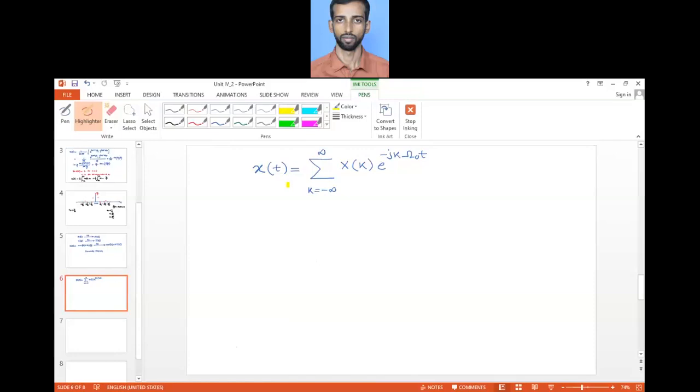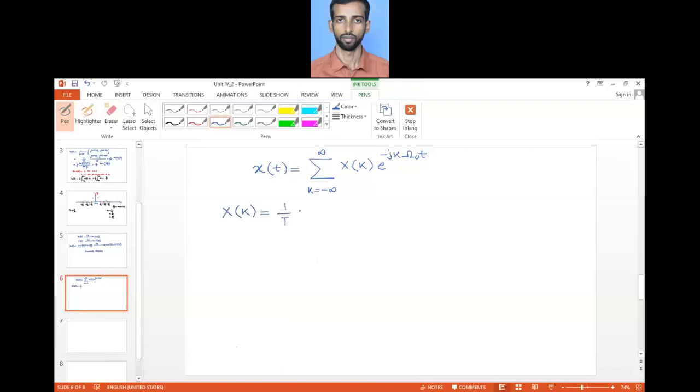So therefore, there is another property. As you know, we have x of k, the values of x k from -1 to minus infinity, +1 to plus infinity, and then 0, the DC component. Now another property is the symmetricity property, which allows us to calculate this x of minus k directly from x of k. And it can also reduce our job significantly. So for example, you know that this x of k is given by